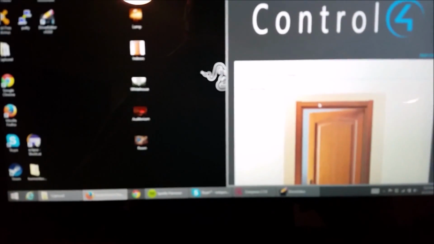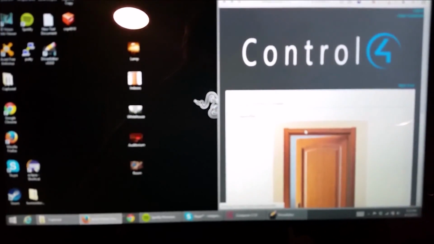That's the door. And that means that music turns off,